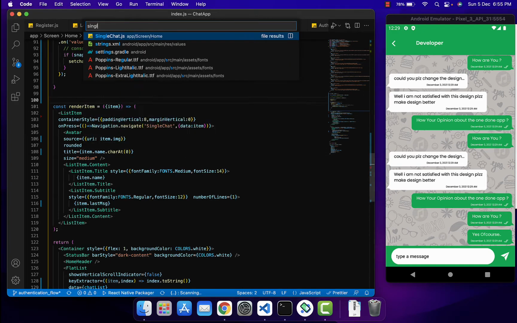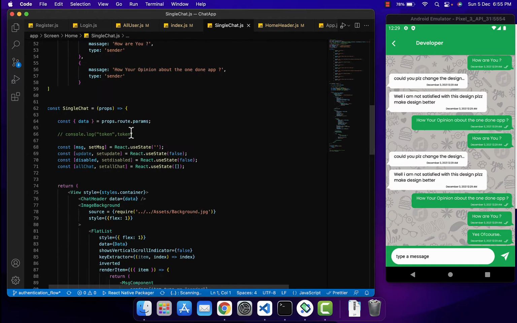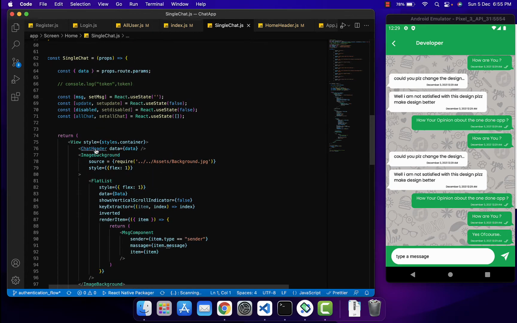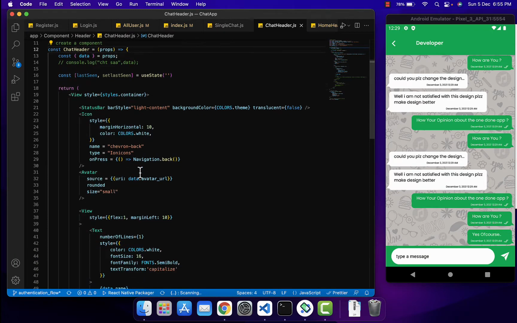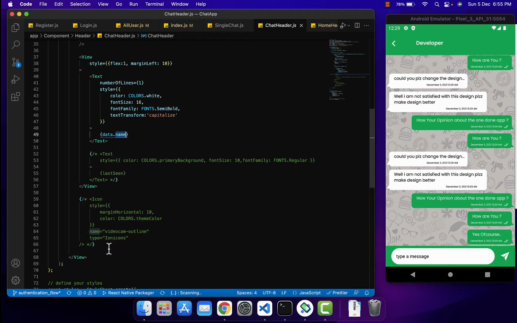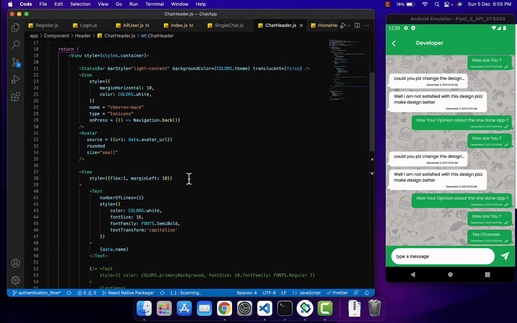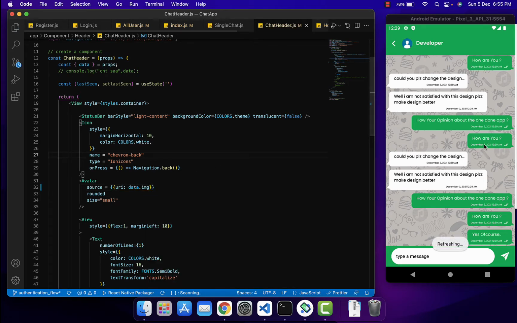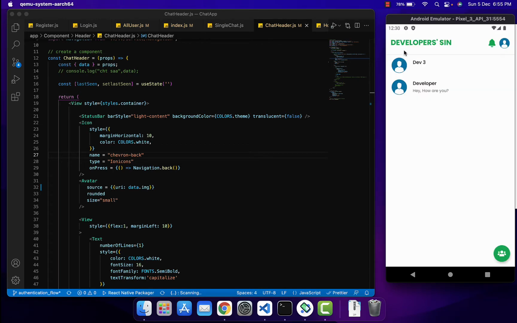If we navigate to the single chat page, not in the message component, in the chat header, we have the name over here. We don't need the icon, so just put it aside, maybe we need that later. We're going to change the img, so we can see the image. So now we have the name, we have the image. It's changing for both users, see, based on that